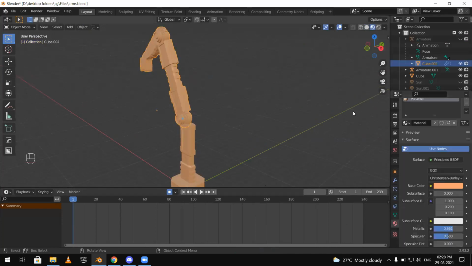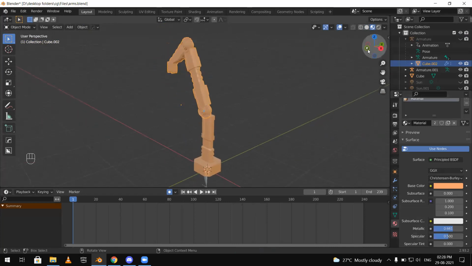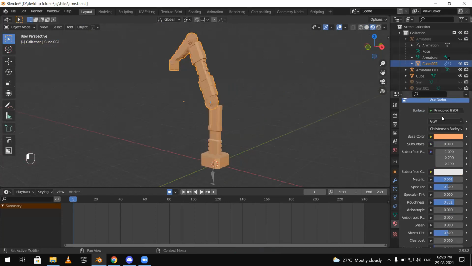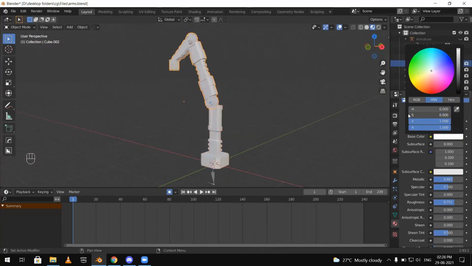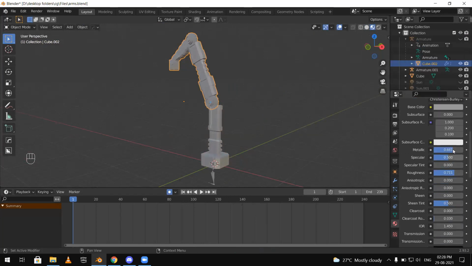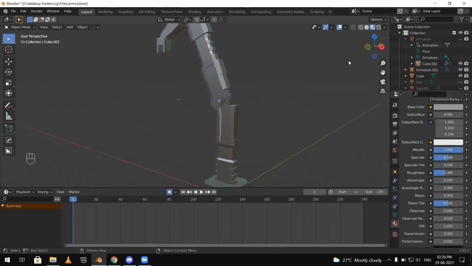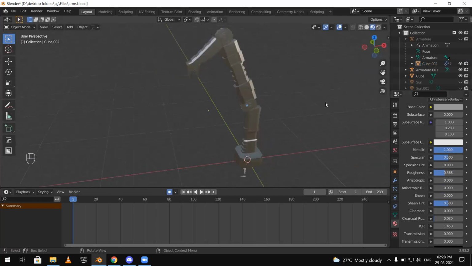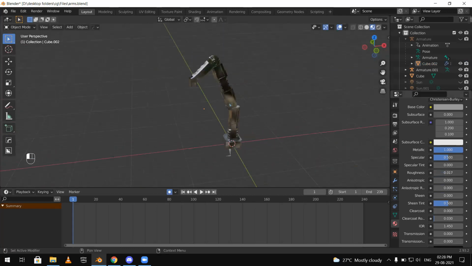By the way, shading and materials is going to be explained in the later part of this tutorial by my friend Ayush. I'll just give it another color. Let's make it a little bit metallic. All of this will be explained in the later session. So wait till that. My friend is going to explain. So, okay, it does look a bit metallic now. All right. This looks all right.